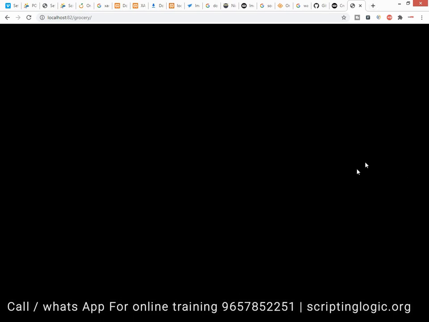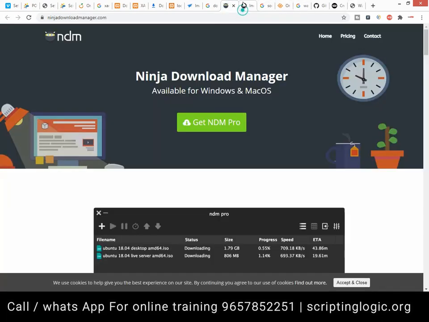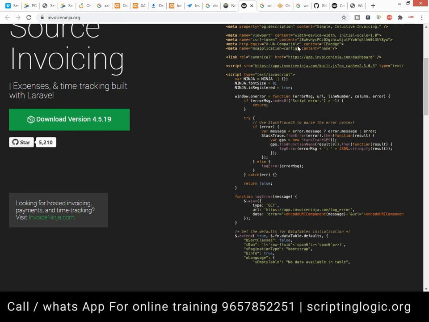Some applications you can install very easily, and for some you will have to make some effort. If I decided to install it anyhow, I'd have to do some research on Google about why this is a blank screen and all that. You can search, you can resolve the issues like that. So the two applications I've shown you how to install on your local machine, out of which the first one is a billing software, that is Invoice Ninja. From tomorrow we are going to start designing a framework for that application, and we'll be testing that.